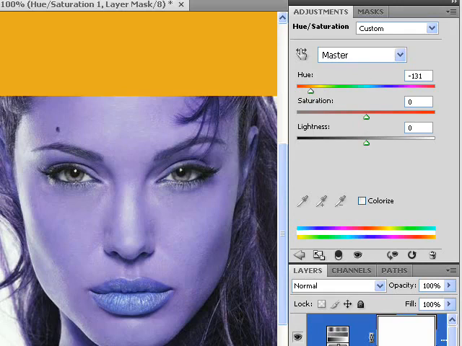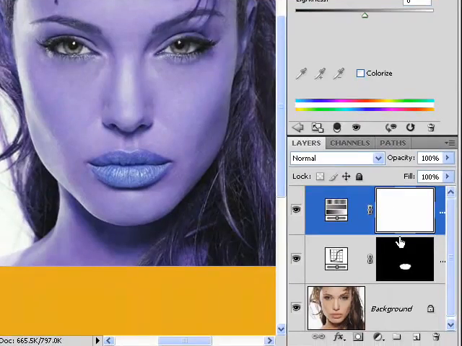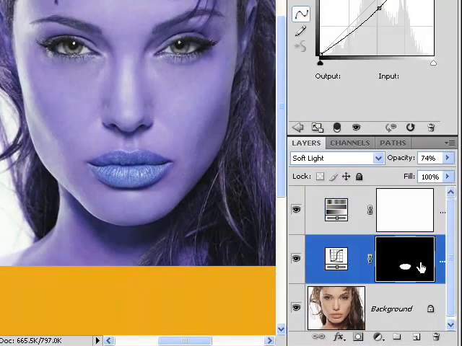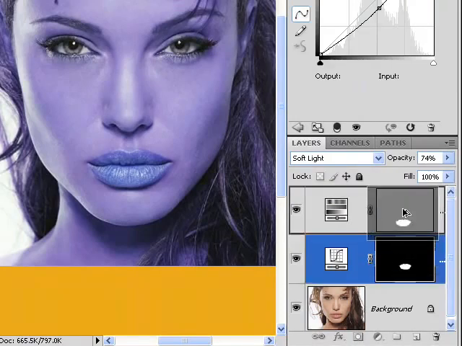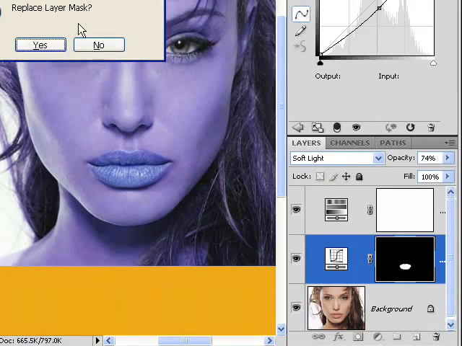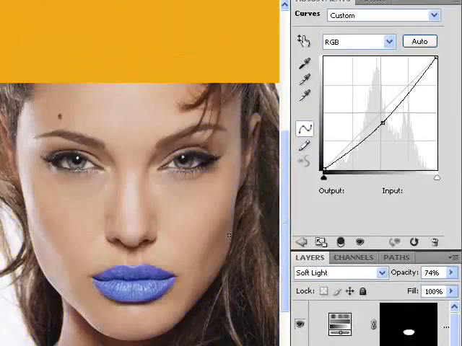Now how do I do that? Well, beforehand what we have been doing is inverting the mask and then bringing back the information. Well, there's no point really, because at the moment we actually have a selection of the lips selected. So why don't we just duplicate that and stick that in that mask? The way to do this is on this lips mask layer here, simply hold down Alt on your keyboard, click and then drag it up to the next mask above it. When you let go, it will ask you to replace layer mask. You simply hit yes, and that will apply that hue and saturation to those lips,